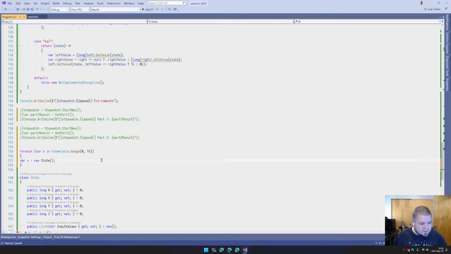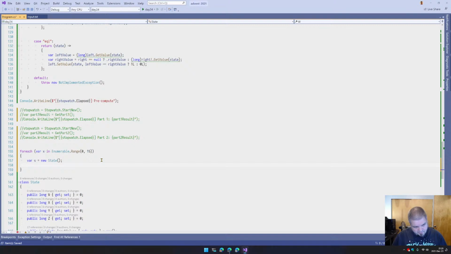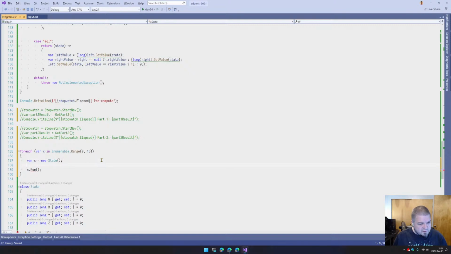Right, we'll have a state, and then we will run the state, we'll put in the input values, we'll add our x